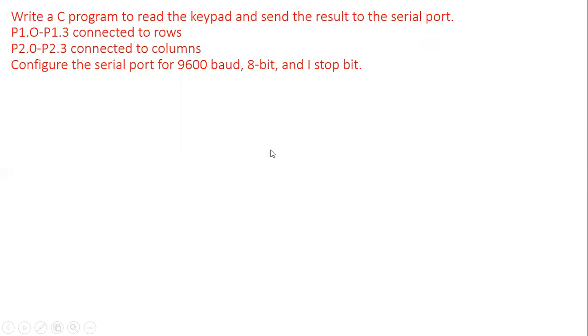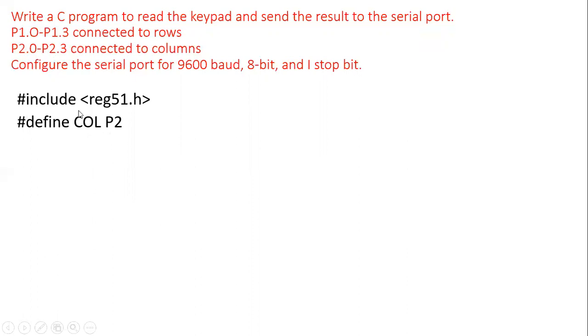Very good. Now, if possible, you can quickly recollect all your C constructs. First, we write a header file statement, that is #include reg51.h, isn't it? Then we define names for the ports here.